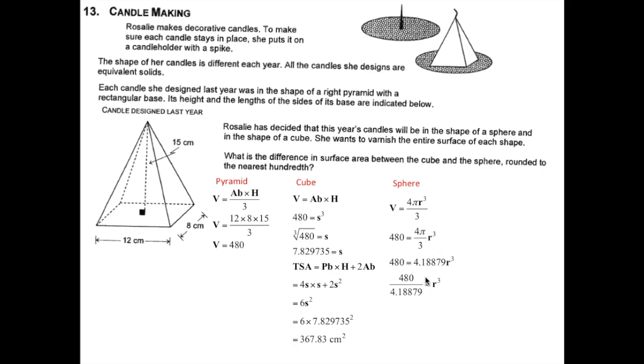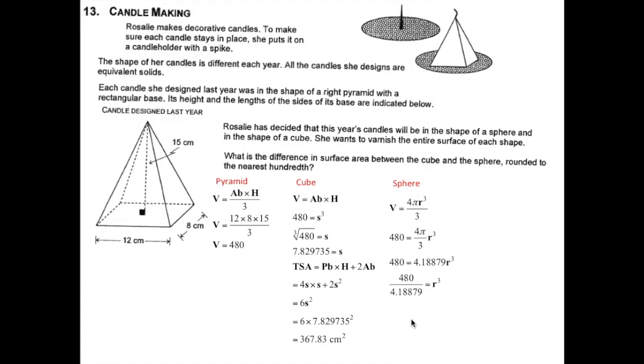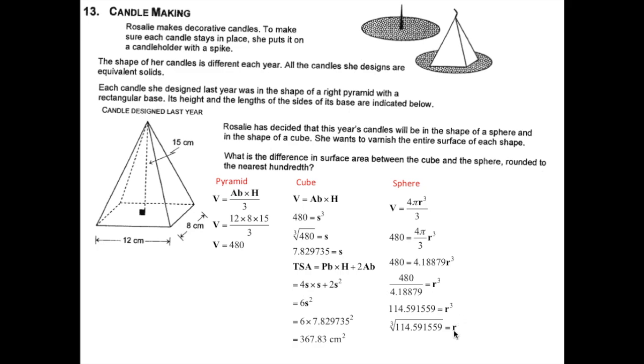When I divide the left-hand side, it cancels. When I divide the right-hand side, we get that number. So we have 480 divided by that number is equal to 114.59155. Now that's the radius cubed. To figure out the radius, I'm going to take the cube root of both sides. Cube root is 4.85718, like that. Okay, and we need the radius to figure out the total surface area of the sphere. When we take the cube root, we have 4.85718, and our total surface area for our sphere is 4 times the area of the great circle,